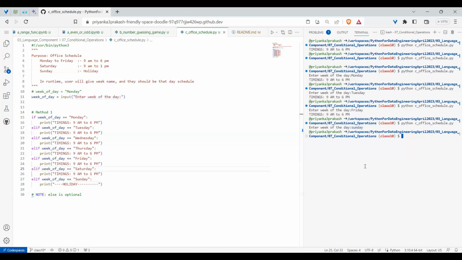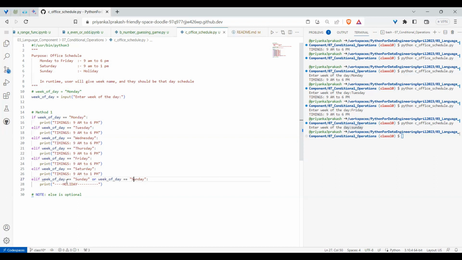Did you observe what happened right now? Till now, everything is fine. Friday also worked, but Sunday, why didn't it work? I gave Sunday, so it is also Sunday. But what happened? There's a case. Capital S. Exactly, there is a case difference. How to handle this problem? We need to write two or three ways, maybe, like is equal to this, and so on, or